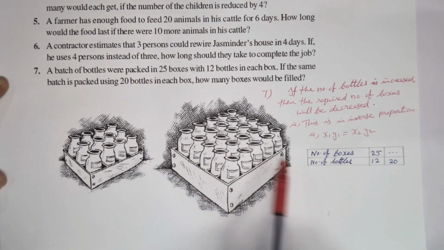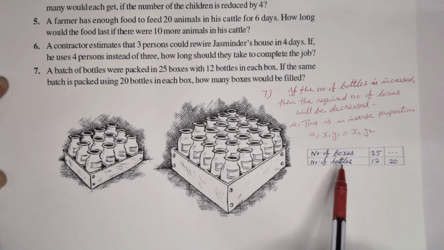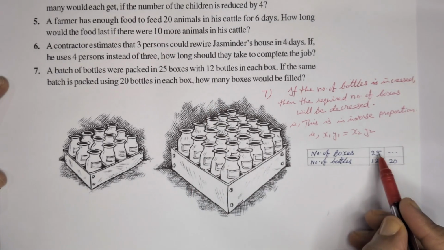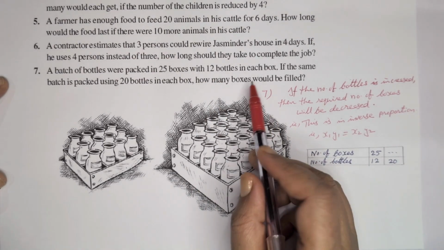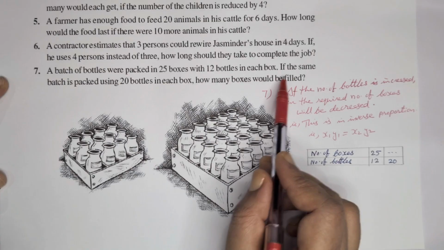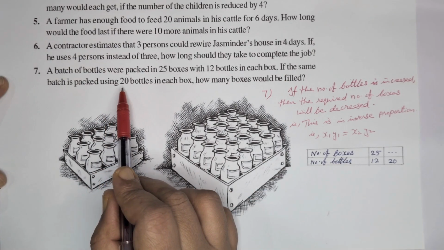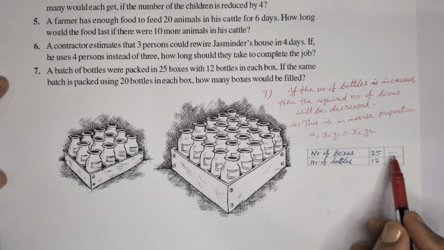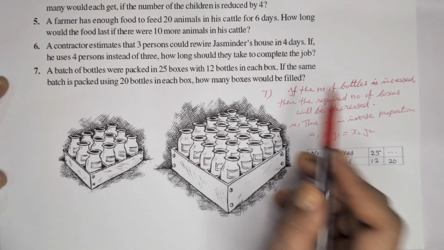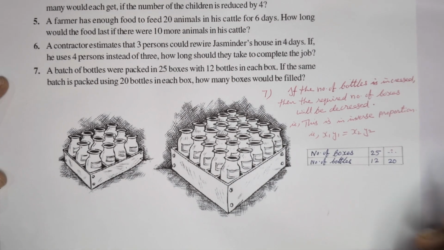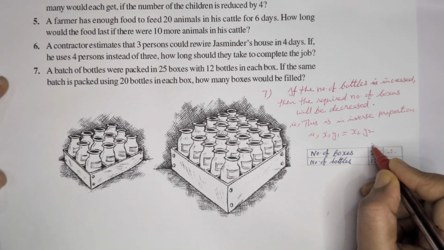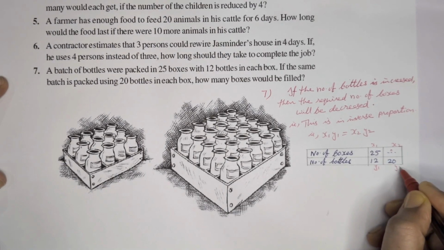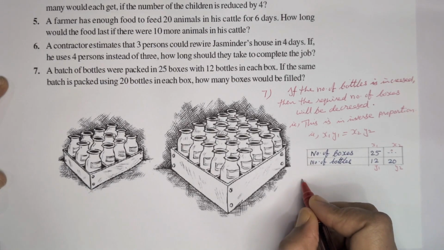Here it's given number of boxes and bottles, 25 boxes with 12 bottles. So 25, 12, and here we have to find if the same batch is packed using 20 bottles in each box. So 20 bottles in each box, how many boxes will be filled? This we have to find out. We can mark this as x1, x2, y1, y2. Using this formula, it will come